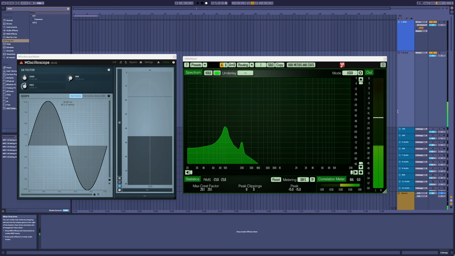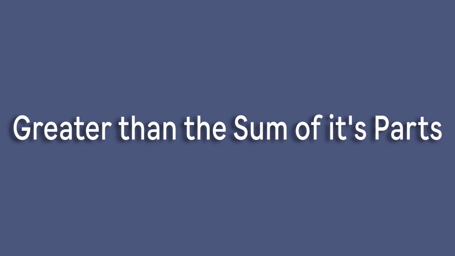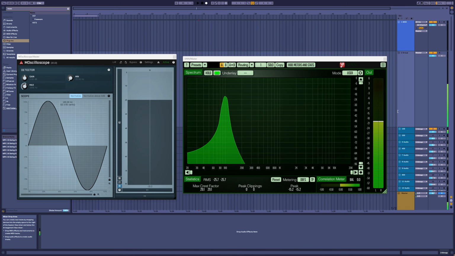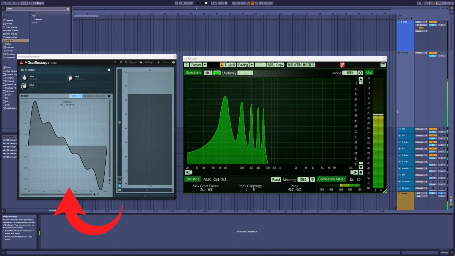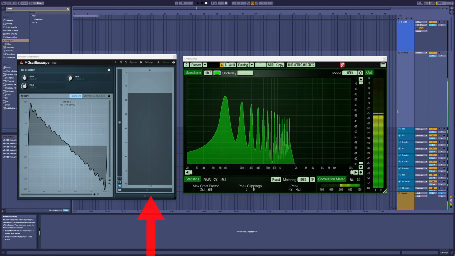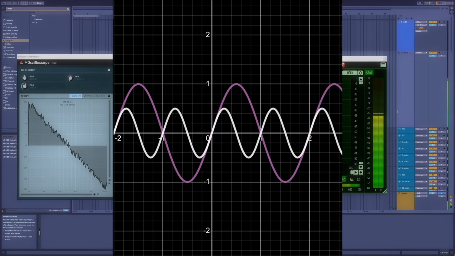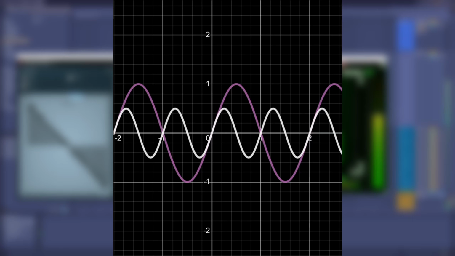Now, why did I do this again? Oh yes, EQ. Okay, so we saw what happened on the oscilloscope when harmonics stack. They create new things, in other words. You see, we hear pitches going upwards, but on standard metering, we are seeing the total sum of all of that as one measurement. As you can see here, when we add two sine waves together at different frequencies,